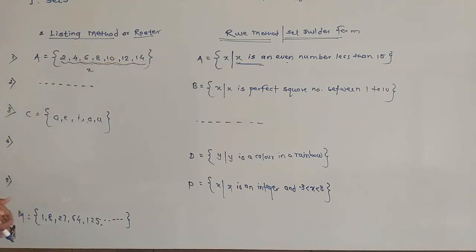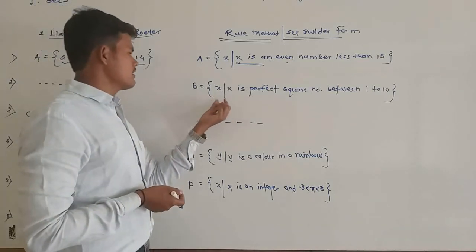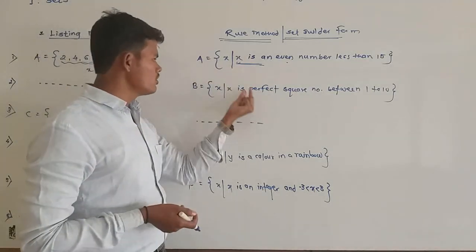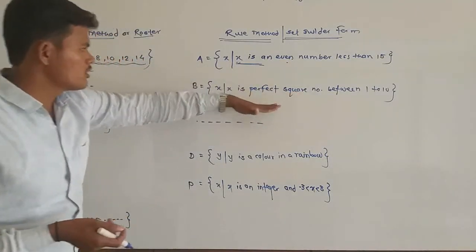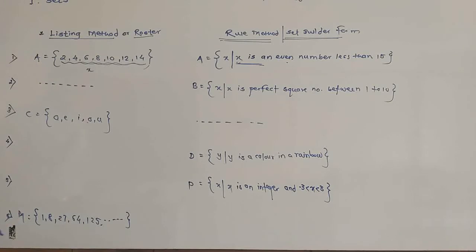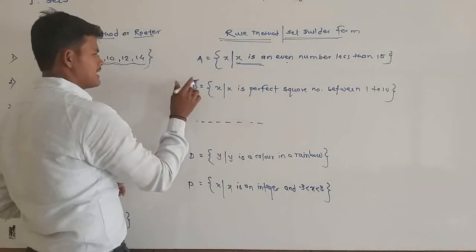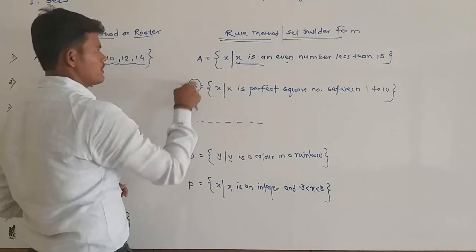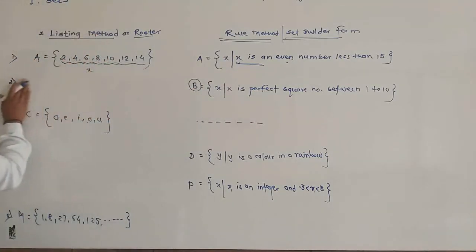Now let's see another example. Now in the second example they have given a set by using the rule method. त्यांनी आता आपल्याला सेट हा रूल मेथड मध्ये दिलेला आहे. आता तो आपल्याला लिस्टिंग मेथड मध्ये लिहायचा आहे. ओके, सो लिस्टिंग मेथड मध्ये लिहिताना सेट नेम काय लिहिणार आहे आपण? बी, कारण की रूल मेथड मध्ये त्यांनी ऑलरेडी डिफाइन केलेले आहे. सेट नेम काय आहे? बी. So we are writing the name of set as B.